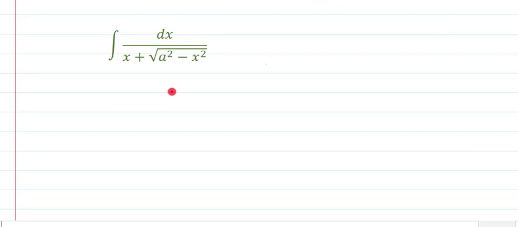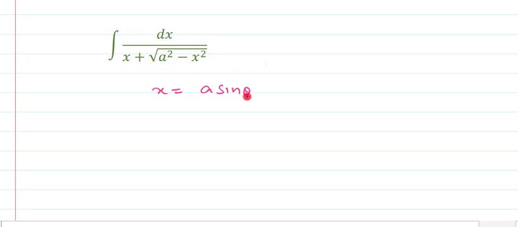Now look at this problem. This problem is not looking like the problems that we have just done. But okay, let us start from the beginning. We don't know what type of integration this is in front of us. But we know very well that when we have this type of term, square root of a square minus x square type, and we have no other option for solving, then we should think of substitution. And for this type of arrangement, we should substitute x as either a sin theta or a cos theta. This is the only way to go further.